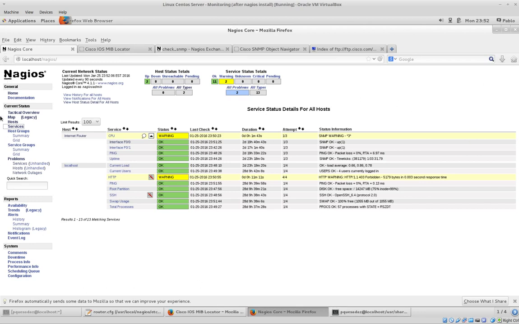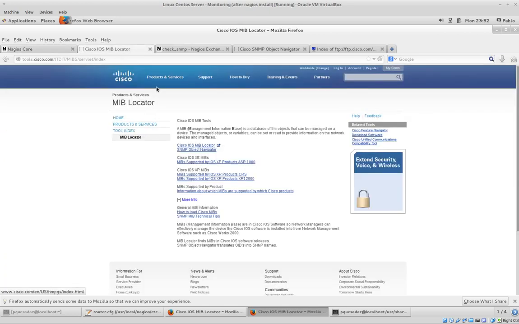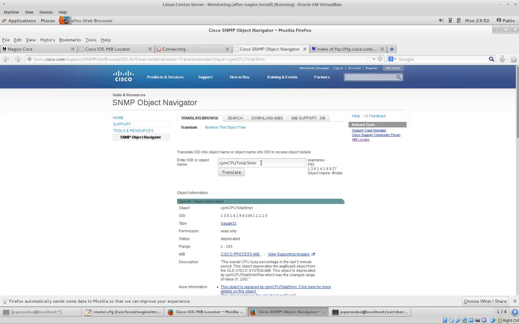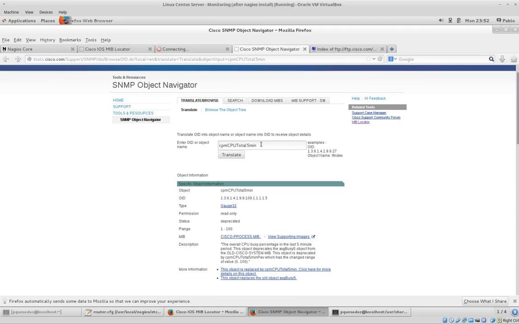Oh, this is my Nagios application. As you can see, it's very simple what I'm monitoring right now. I'm just monitoring CPU interfaces, and basically I can monitor whatever I want. I have another video explaining what you can do with Nagios. But what I want to show you is that, for example, Cisco, it's had a lot of documentation regarding MIBs. You have this MIB locator, it's pretty cool. And here, for example, I was doing a quick search of CPU,